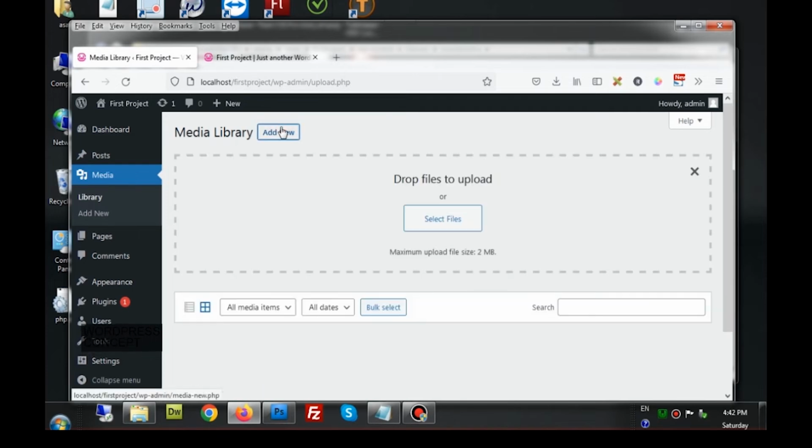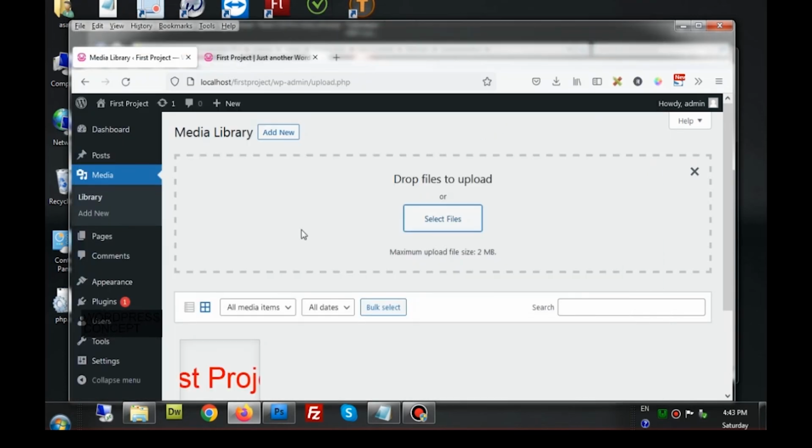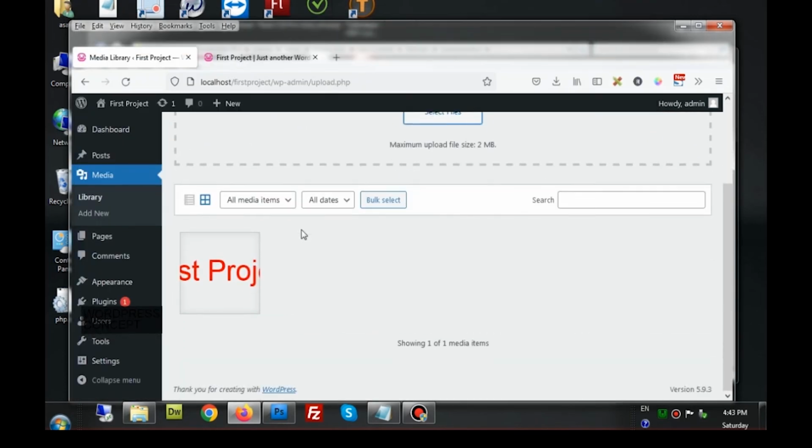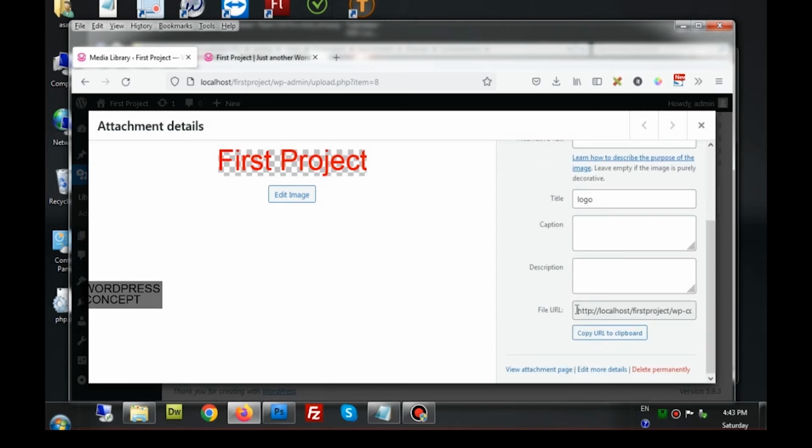I'll click on add new, and then from here I will select a file. This is the image that we have made. I'll click on this image and this image is uploaded. Next thing to do is to get the address where this image is uploaded. So I will click on the image, and here is the location where this image is uploaded.